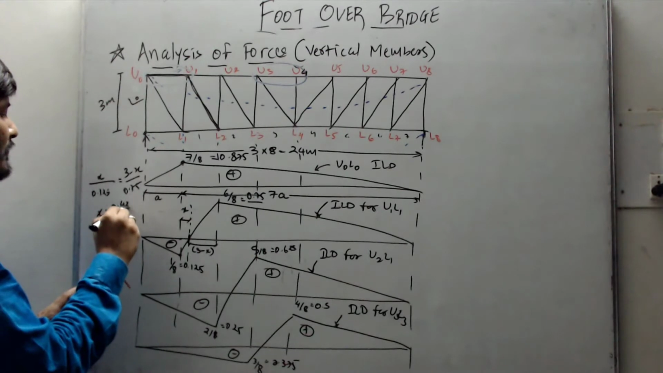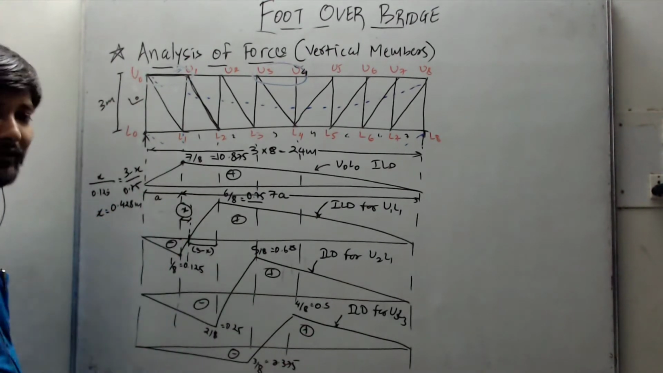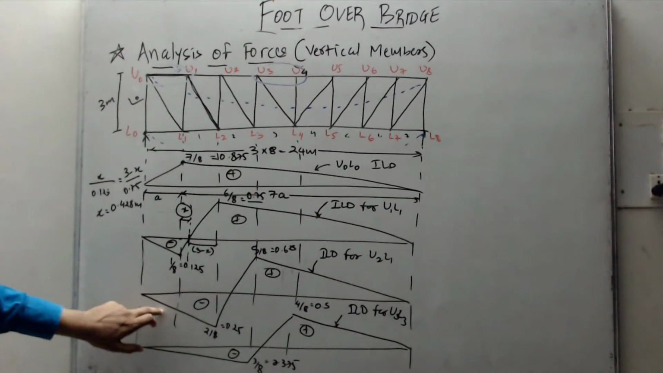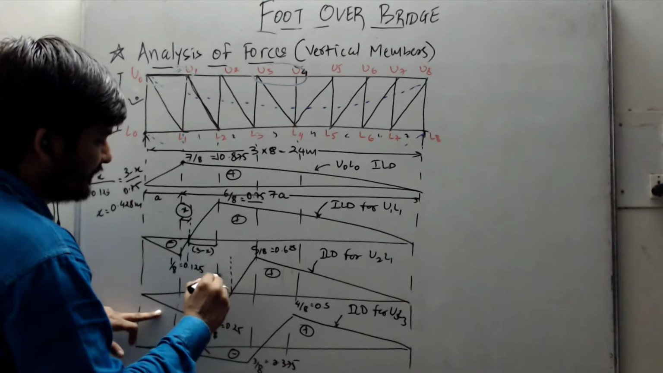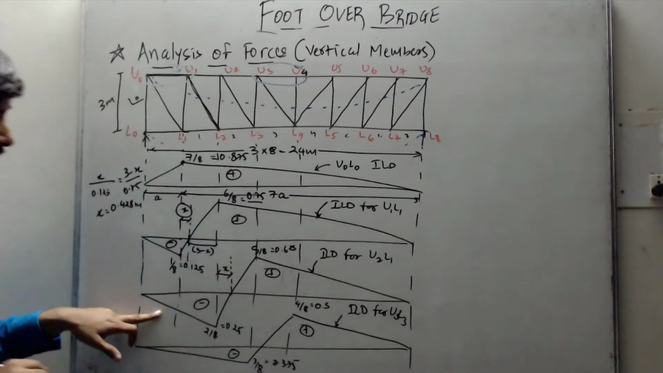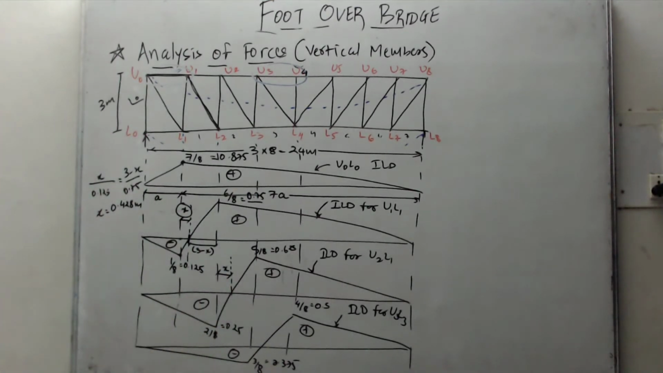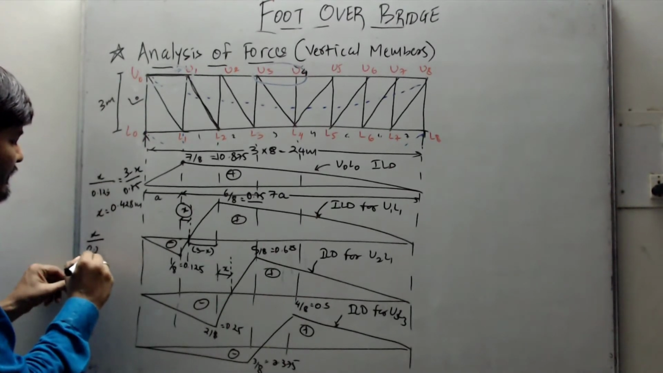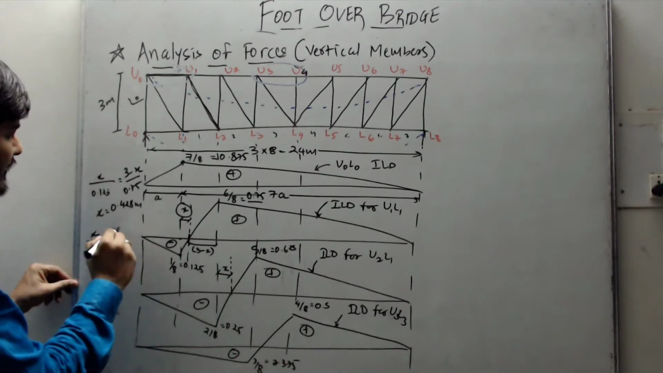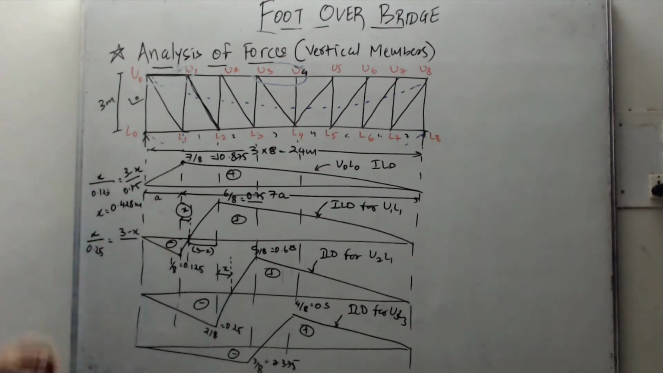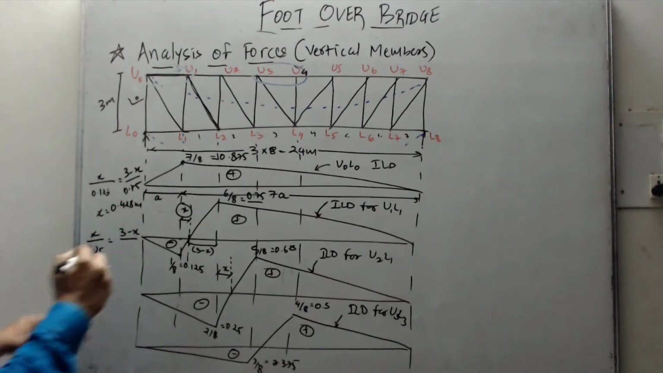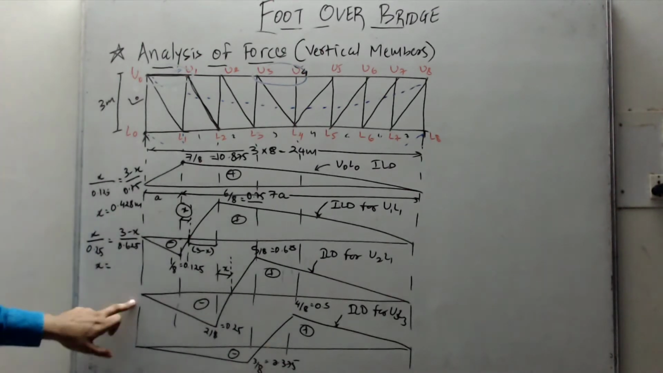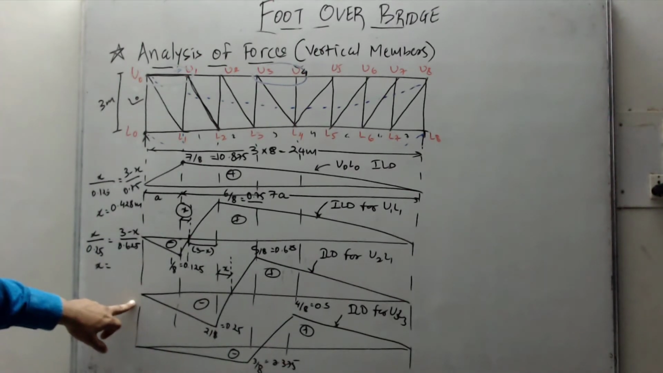0.428 meter. So get this x value as 0.428. Similarly here also I need to calculate the point of contraflexure. Let us assume that this is x. So similarly, using the similar triangle rule, x divided by 0.25 will be 3 minus x divided by 0.625. So I'll get my x value for this influence line diagram as 0.857,